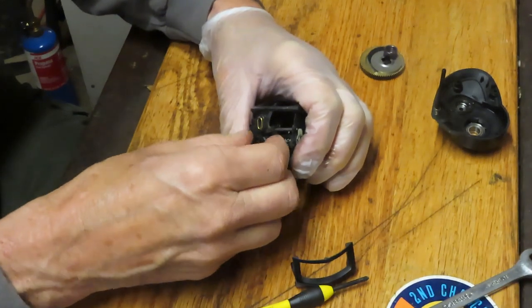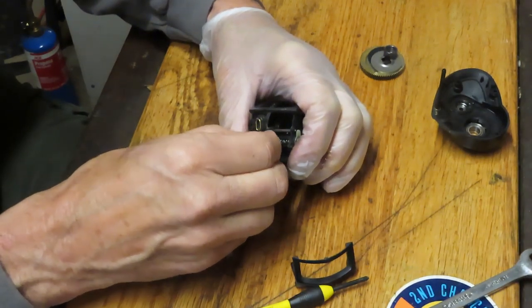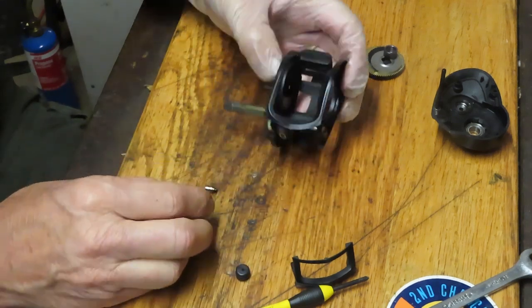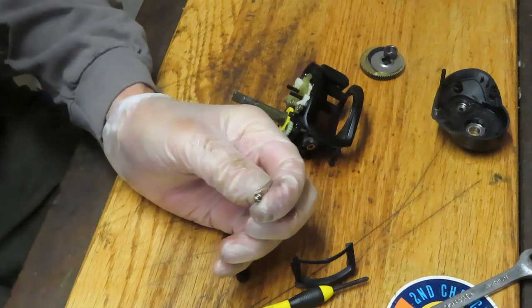This is a plastic cap. You need to be very careful with the plastic caps. If you over tighten them, generally they can break. And usually if you tap, just like I did there, your pawl is going to come out. And you need to check on the pawl